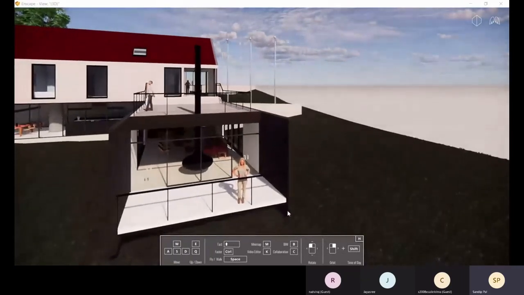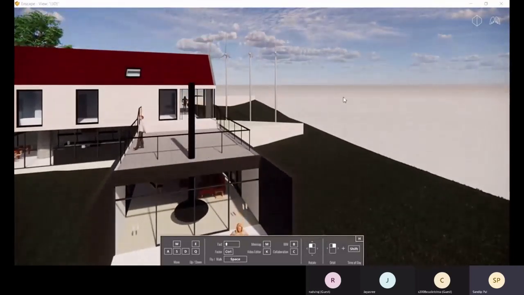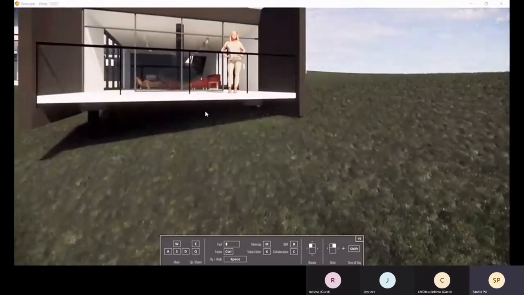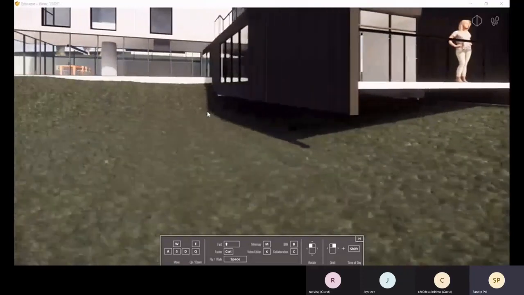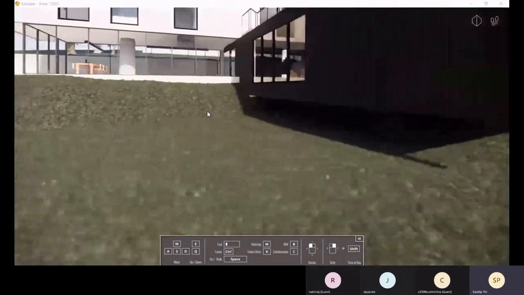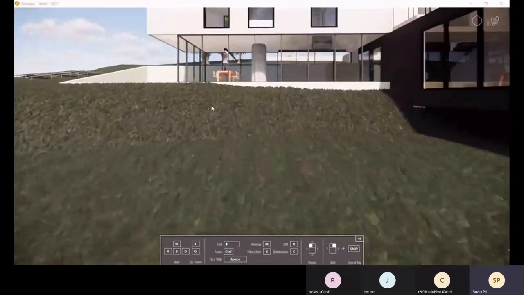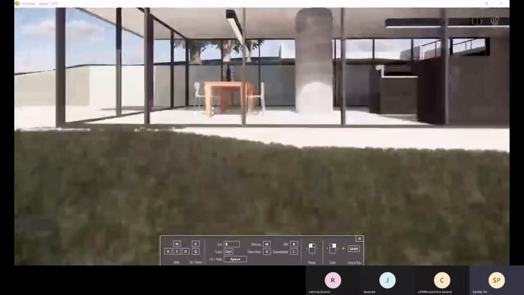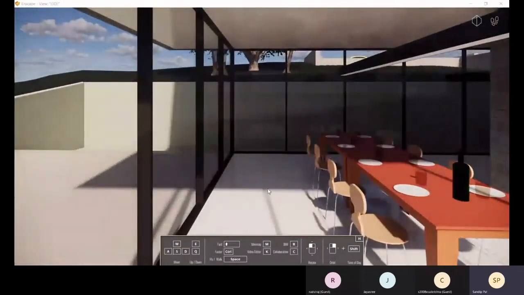So let's come to walk mode. With A, I'm holding the A button, and then going for W. Okay.